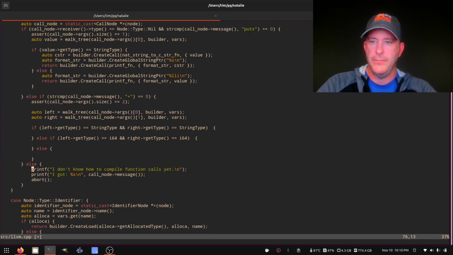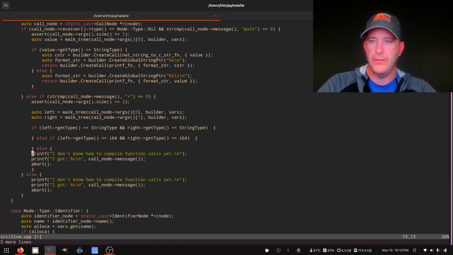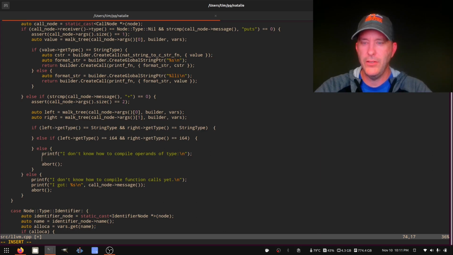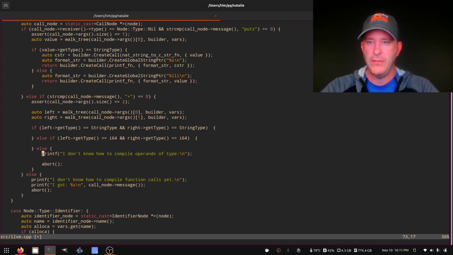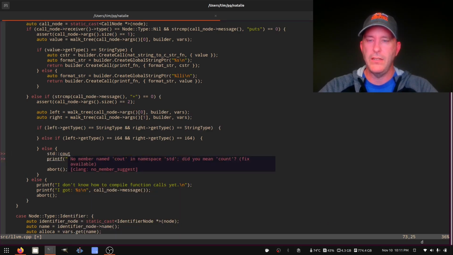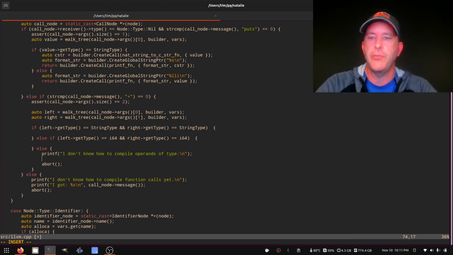Else, we're going to print something out here. I don't know how to compile operands of type, and I think I can do, this is kind of mixing and matching styles a little bit. I probably shouldn't be using printf. Actually, maybe I should do C. No, I'm just going to do this. Printf and then left get type